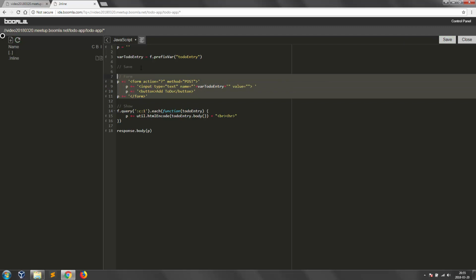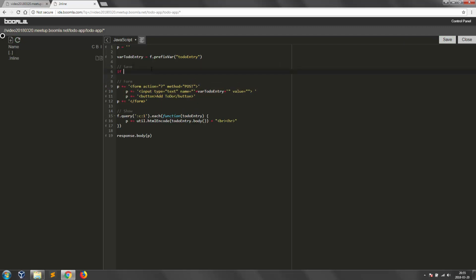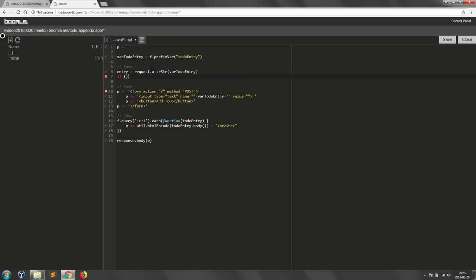And when that form is submitted, we can change here if request.attribute string, because that's an attribute of the request file, actually without quotes. If this exists, let's assign it to entry. So this is assigned to entry. Maybe let's put it in a new line. If entry is not empty,